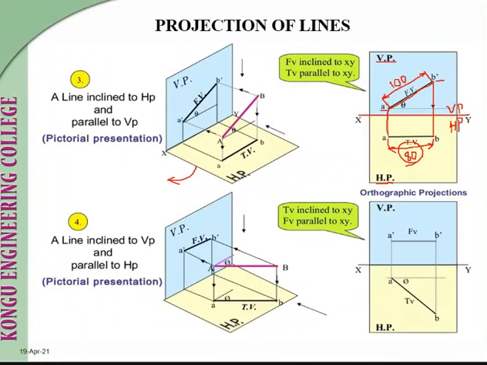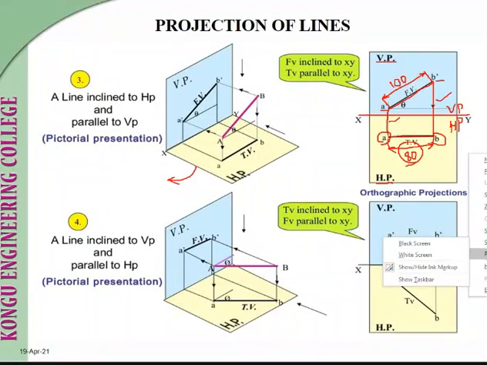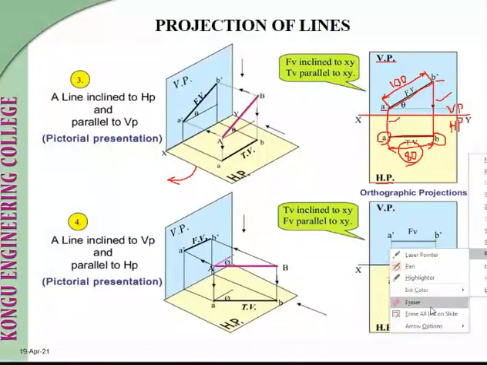So the length in the top view is not necessary. You have to draw the line length in the front view, and you have to create traces like this. You can create a line between these two traces and mark the notation AB, because this one is our top view. You don't have to create a line for the 100 mm length in the top view.